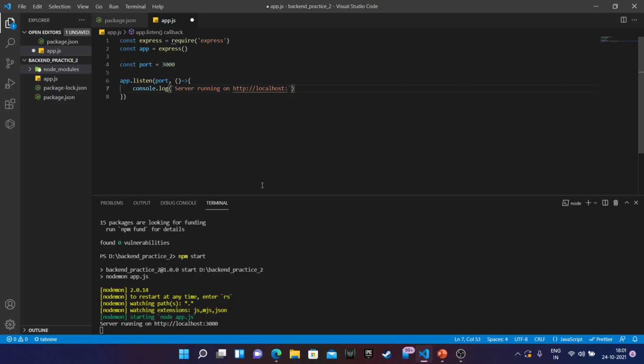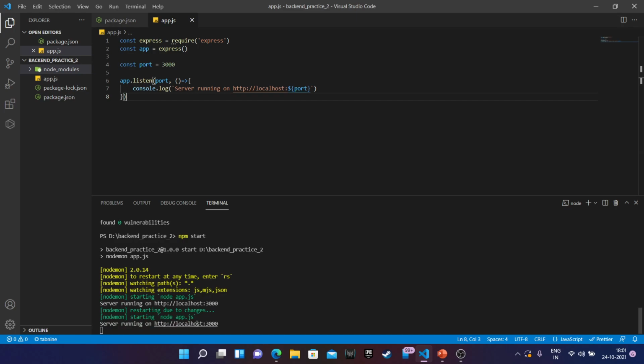For that I need to specify a variable here. I'll be keeping a dollar sign and curly braces, and within that I'll be specifying my variable name port. So if I save this, I get the same output, but it's more dynamic this way.